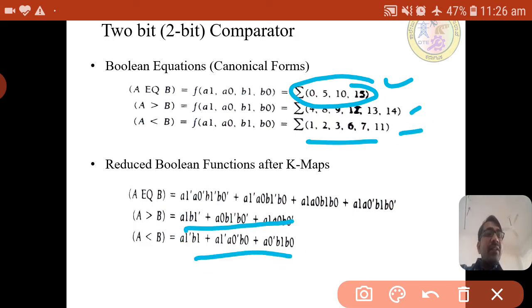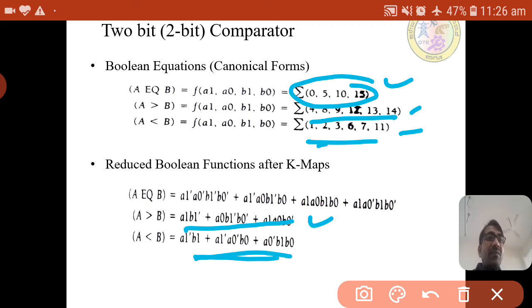Instead of 6 minterms, there are 3 expressions here and 3 expressions there. So instead of 6 it is reduced to 3 and 3. This is how the expressions can be reduced through the K map.